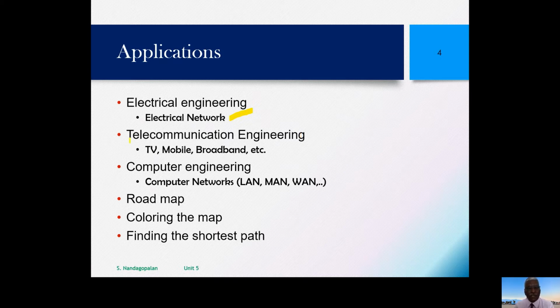In telecommunication engineering, I may have connectivity in terms of broadband, maybe internet, where we have some communication components like routers, bridges, gates, all that. So the gateway we talk about. There are a lot of communication components involved which are formulated in terms of a communication network. And computer network, yes, in the field of computers, you may have a TV network also, you may have